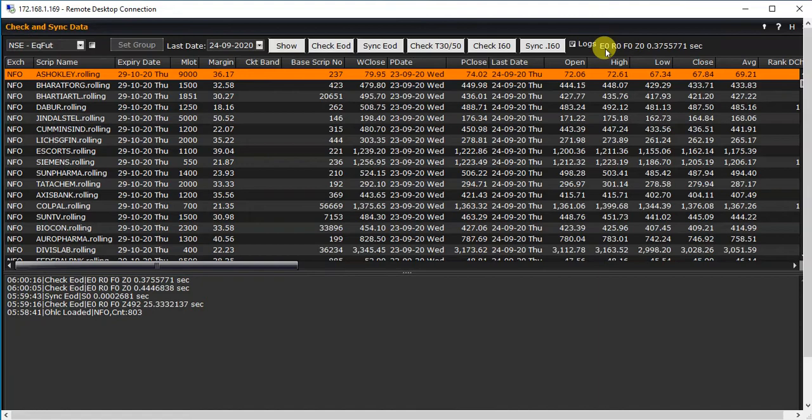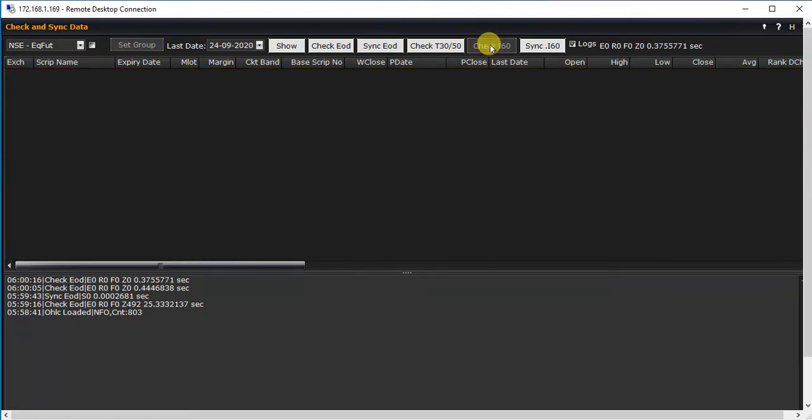Okay, once the EOD data gets updated, next we have to click on check I60 like this. It will take some time to check for the first time, because the whole of the data will be missing.